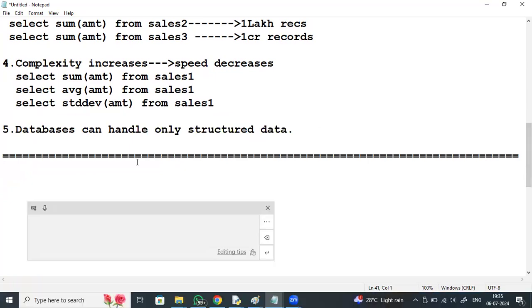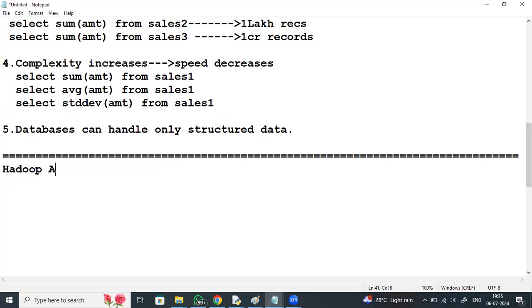Now, Hadoop advantages. First thing is unlimited data storage. Unlimited storage is possible in Hadoop.